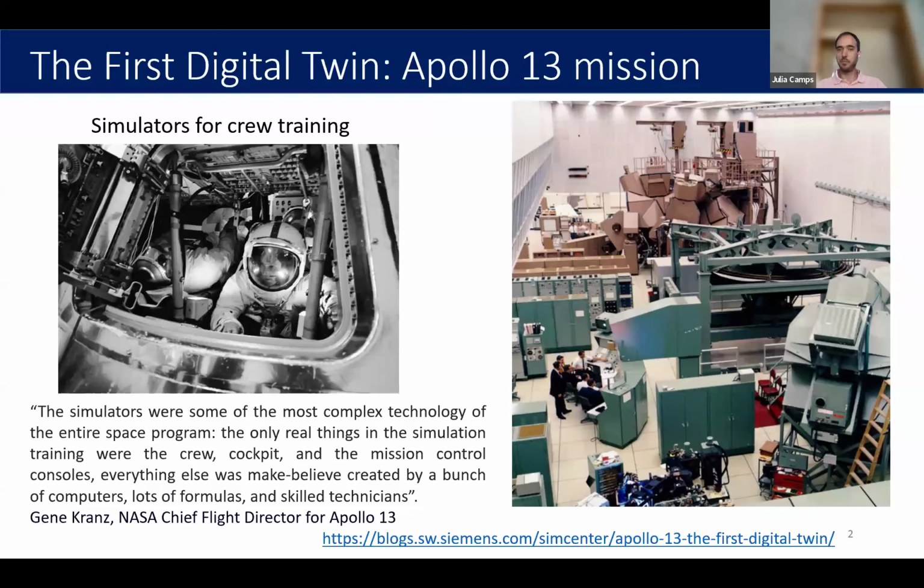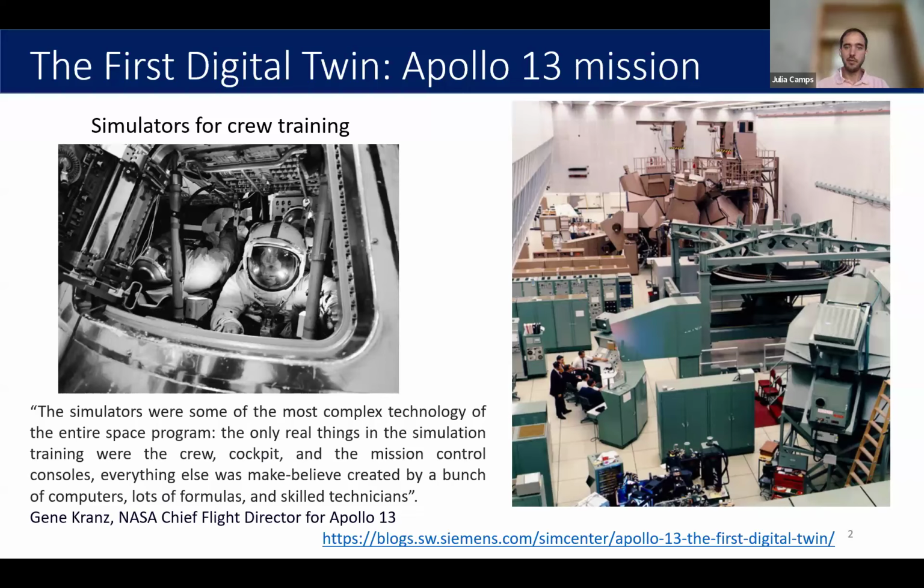The furthest back that I could go and find an example of a digital twin was the Apollo 13 mission, right? At the time of the Apollo 13 mission, at NASA, they were using simulators to train the crew and to prepare them for adverse situations in space, and also to prepare them for how to operate and to know which tools they had at their disposal to solve problems that could arise during the